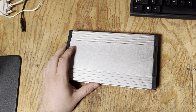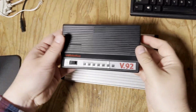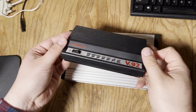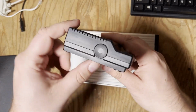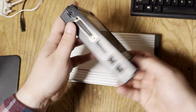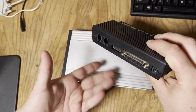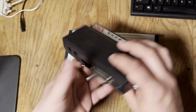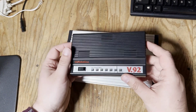Like if you take a, do I have something? Yes. So this is a modern US Robotics V.92 modem. It's from 2006. It has a volume knob here as well. See, it has basically the same ports. It uses a 9-volt power supply instead of this weird one. But it's basically the same thing. And this is way younger. I would say like,